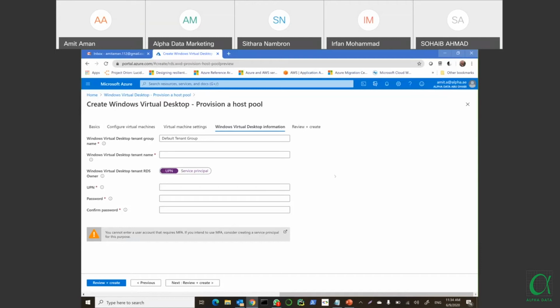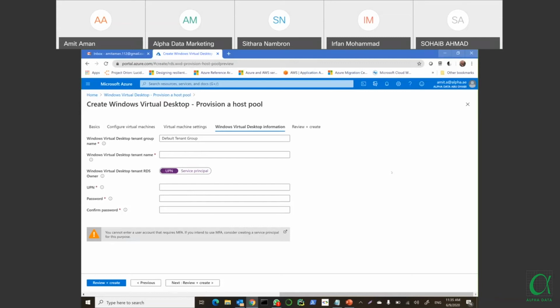However, this is in the pipeline, and it will be there in the next release of Windows Virtual Desktop: a GUI from where you can do all the management tasks, like creating a host pool, application group, user group, remote desktop group, and things like that.